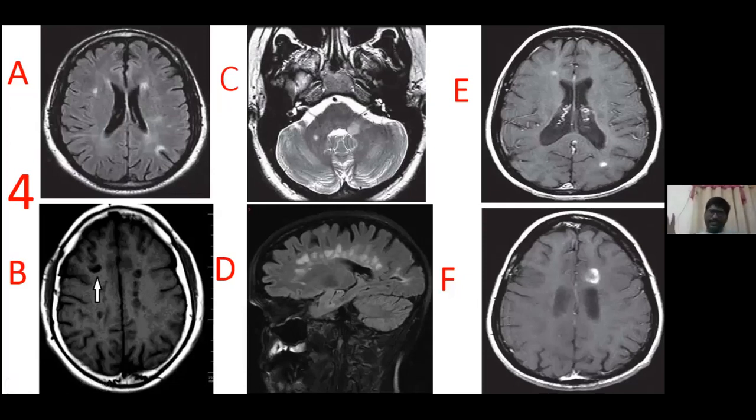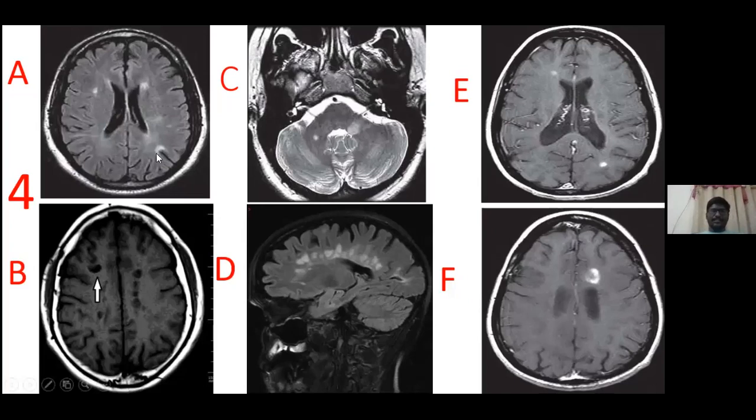Out of all these, what is classic in demyelinating diseases? That is the incomplete C-shaped ring, the F image. The incomplete C-shaped ring is classic of a demyelinating lesion, which is classically seen in multiple sclerosis. So these images are classical of multiple sclerosis. The imaging criteria for multiple sclerosis is based on the McDonald criteria. You see lesions in various sites: classically the juxtacortical area, periventricular area, infratentorial area, and the spinal cord.